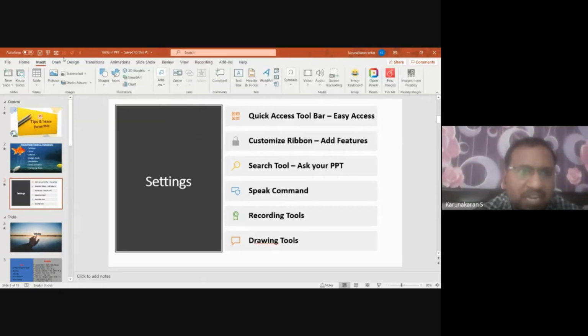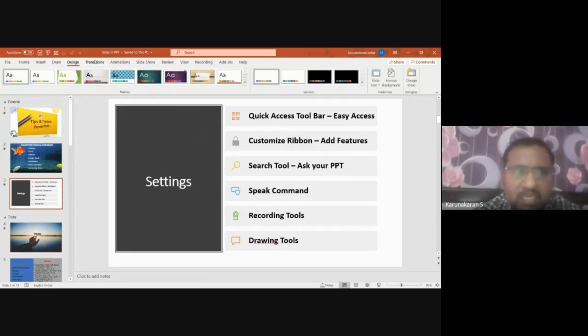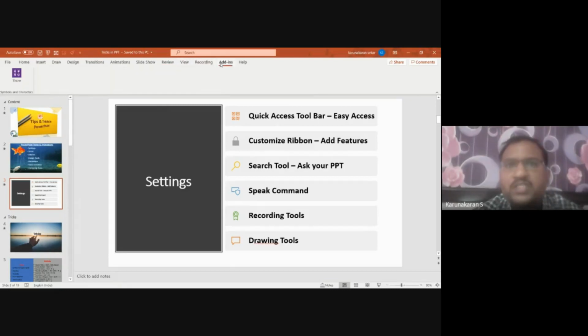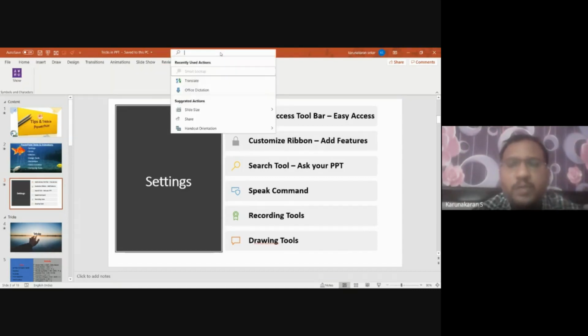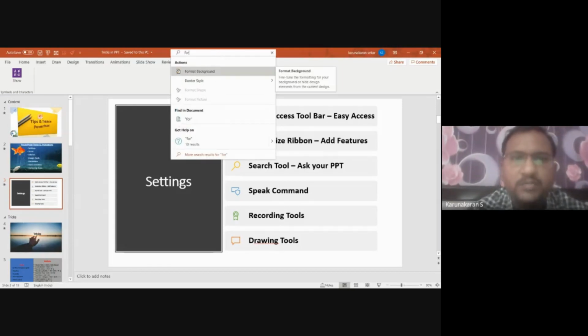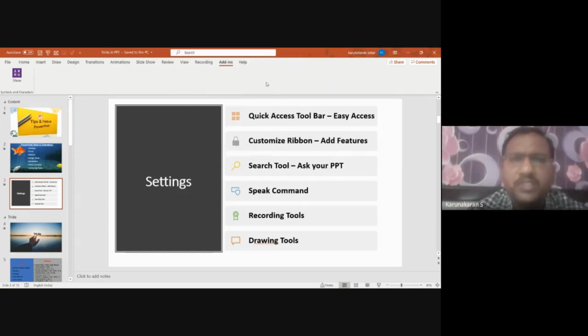Previously, we used to go to every tab and see where the tool is present. So I would go here and search for the tools, right? Instead of that, I can directly type here and it will show me. So for example, transition, and this is translate. Okay. So whatever text I type here, it shows me immediately. Okay, format. So what are the steps to format the background? All these options will show immediately here, available for me to use.